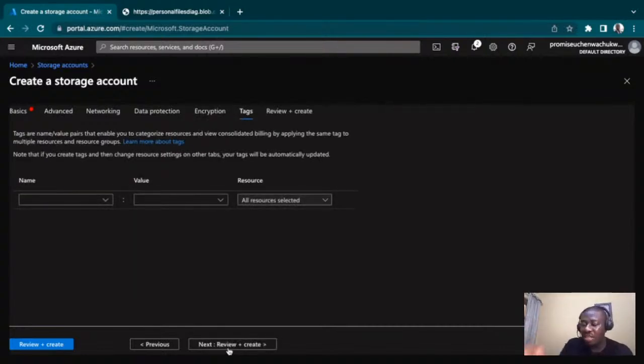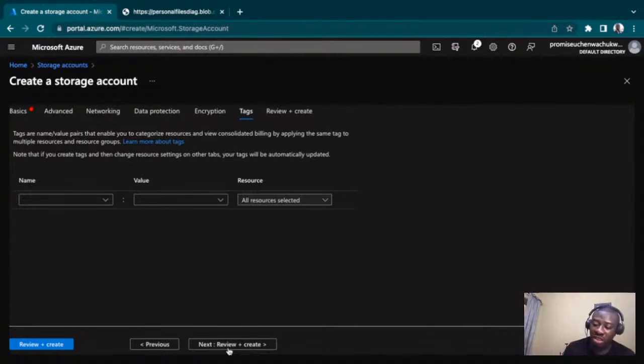The next thing is your tags. It's always good to tag your resources, so that you will know who is making use of these resources or who is eating more money in your organization. So take for instance, you're wondering what the finance guys are doing, and you see that the bills keep getting bigger, bigger and bigger. What you can do is to create a policy to ensure that any resource being created is always tagged, and it should be tagged by the department.